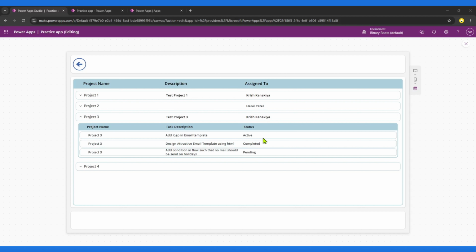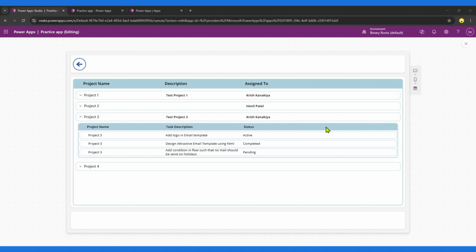In this case, consider project is our master data, where we have project name, description, and to whom it is assigned. And in child, we have tasks related to this project. What we will do is more or less create a master gallery screen wherein we display the project information, and then we give a button. On click of that button, we can show tasks related to that project in a